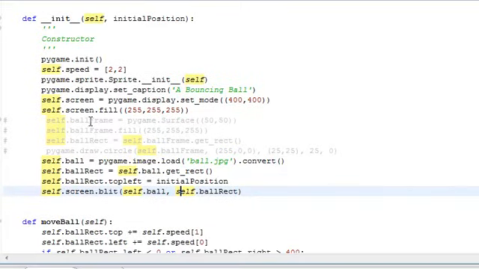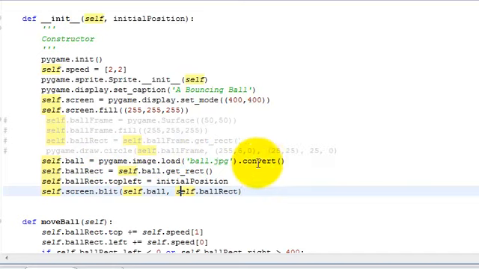And then you can see these have been commented out. That's where we created a new surface. Then we filled it with white. And then we got the rectangular coordinates so we could move it around. And then we drew a circle on top inside that frame. But we're going to take all that out. And now we have this new line here. And the line is self.ball equals